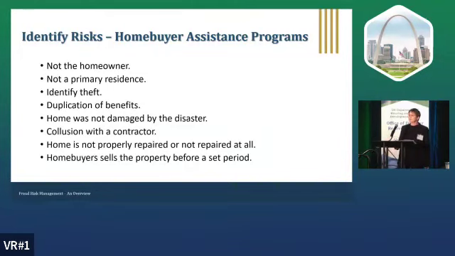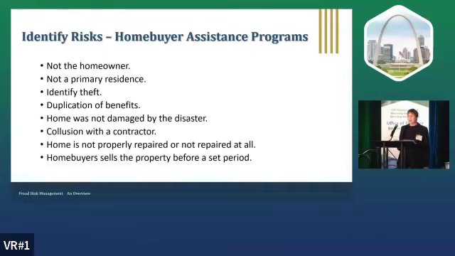Identity theft. And yes, I have seen identity theft happen in our programs. Everything from bad social security numbers to they just bid out and used somebody's house and they didn't even live there. Duplication of benefits. There's the conversation of we are only supposed to provide what they need, not more than what they need. So there is a calculation of unmet need that needs to be done. Home not damaged by the disaster. Check. Surely there are flood maps. Surely you can see where this home is located.